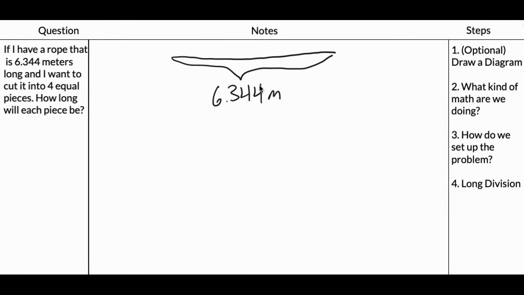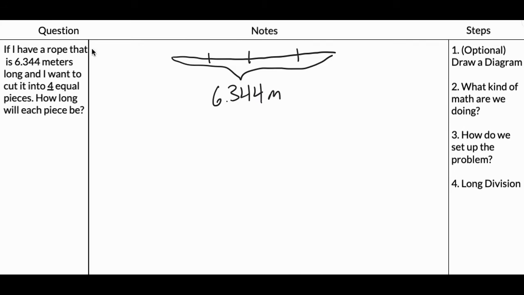And this diagram is helpful because if we're trying to figure out what kind of math that we're doing, well, okay, we're taking this full rope and cutting it into 4 equal pieces. Now, if we hear that idea of cutting something into equal pieces, that really should trigger us to think, hey, we should be dividing this thing into these 4 pieces. So it kind of helps us set up the problem as well because, okay, now we know we're doing division,